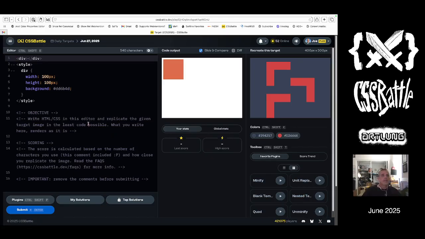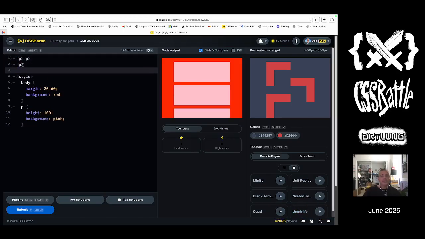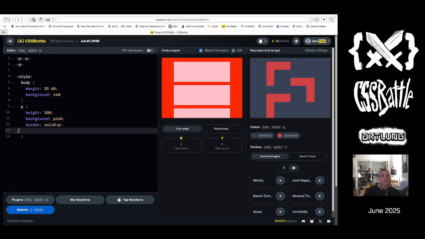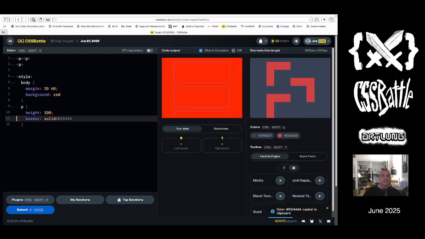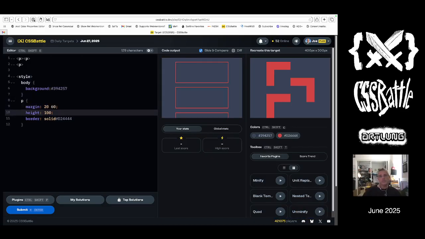Okay, and we have some elements here. I feel like this is 3 elements, and I don't know exactly where they land, but they've got borders, border solid of a color, a solid red. They don't have a body. The body itself has that color. Each one has a set of margins. And then it's got border widths